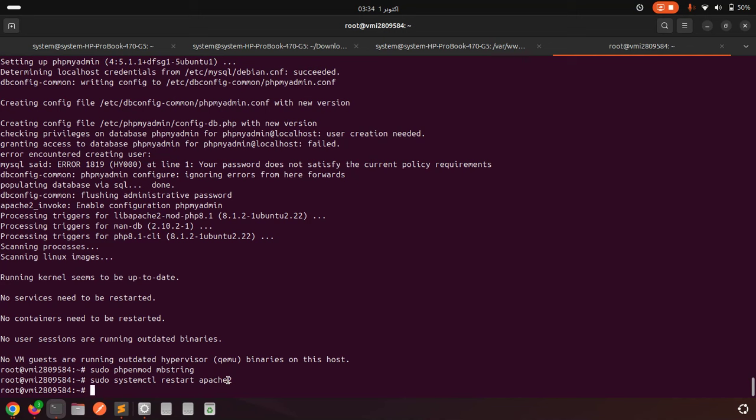So the next step is I will open the Apache config file and add the path of phpMyAdmin, and then you can log in to phpMyAdmin on your browser. So first of all, sudo nano /etc/apache2/apache2.conf.